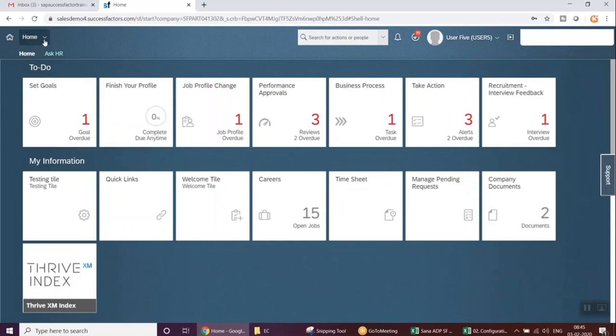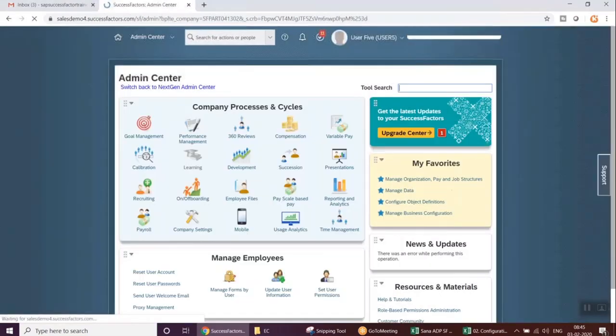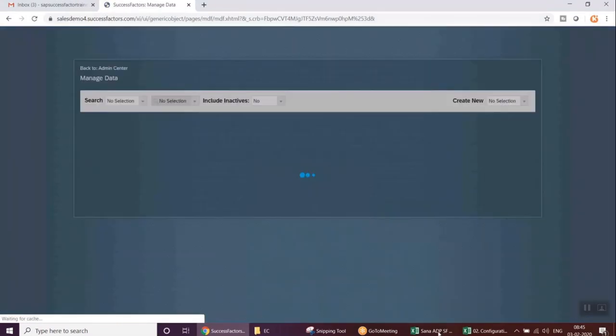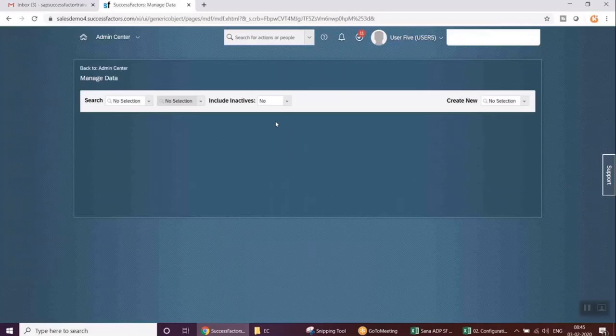So I'm going to come here into your admin center. From admin center, I'm going to come to manage data. If I come into manage data, we have been talking about a legal entity, right? So if I come into your legal entity,